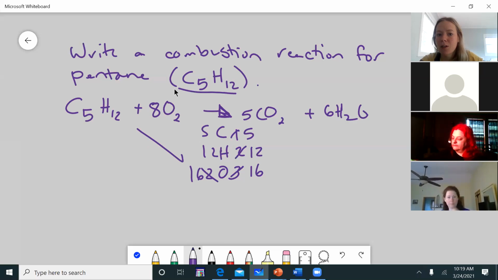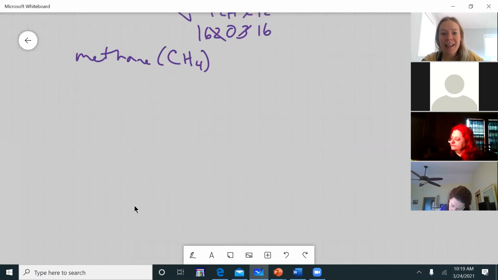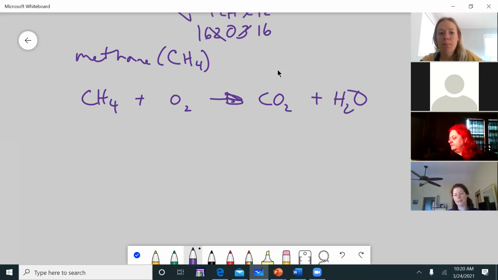So just from knowing the hydrocarbon and the fact that it's a combustion, you should be able to write this. If instead of pentane, I said it was methane, and I would give you CH4, you could write an equation for the combustion of methane because again, it's the same system. CH4 is going to combine with oxygen to produce CO2 and H2O. Balance your carbons, those are good. Balance your hydrogens and balance your oxygens. You guys seeing how it's consistent even though the hydrocarbon changes? Okay,